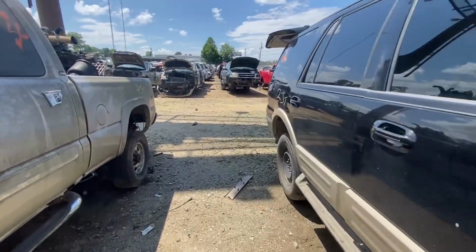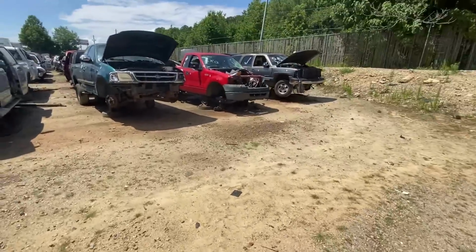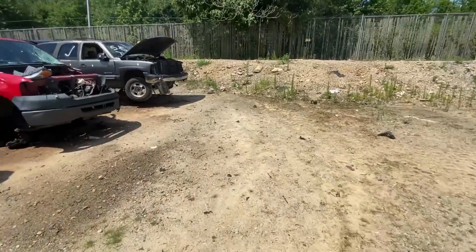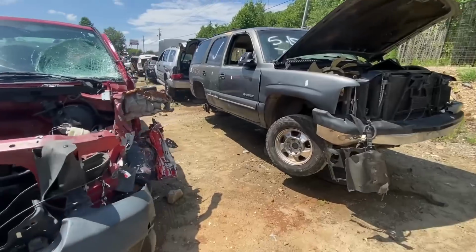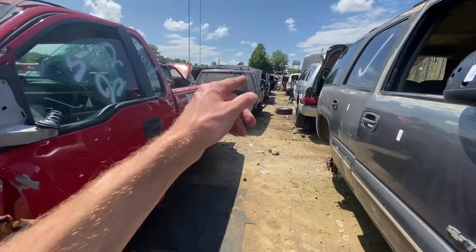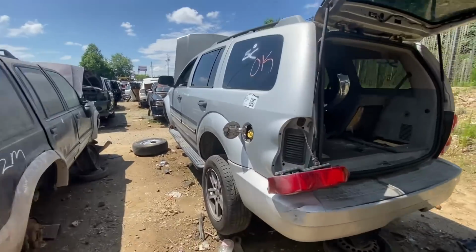Expedition. Ain't seeing no excursions here, that's for damn sure. Suburban, not the Suburban I want. If I can find a Square Body Suburban, I'll be taking those back doors, but I already looked. I'm pretty sure they don't have any of those unless I somehow missed it. See, an Exploder, another Suburban, Durango,